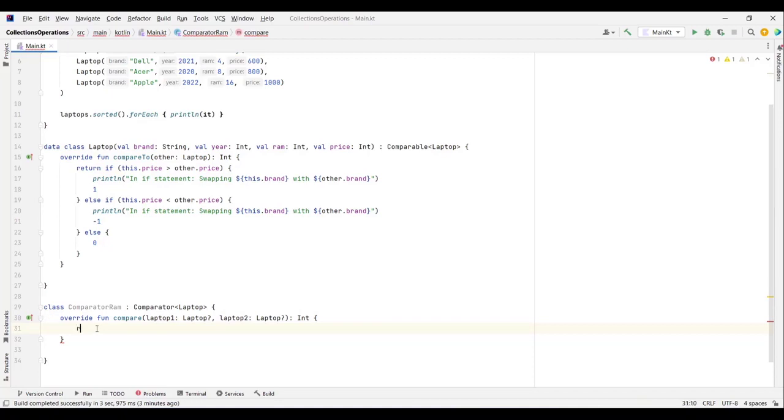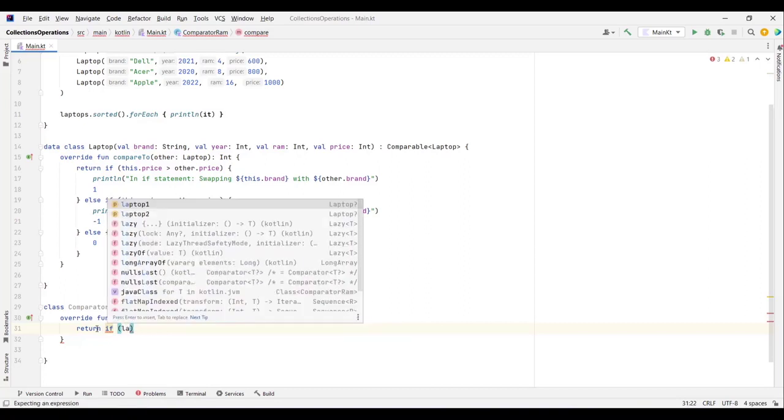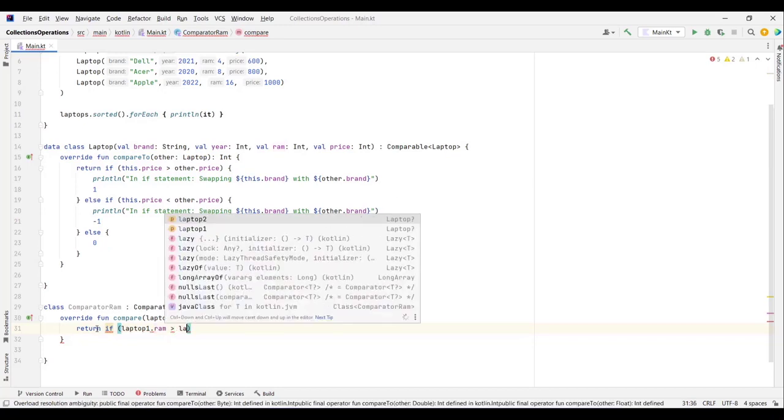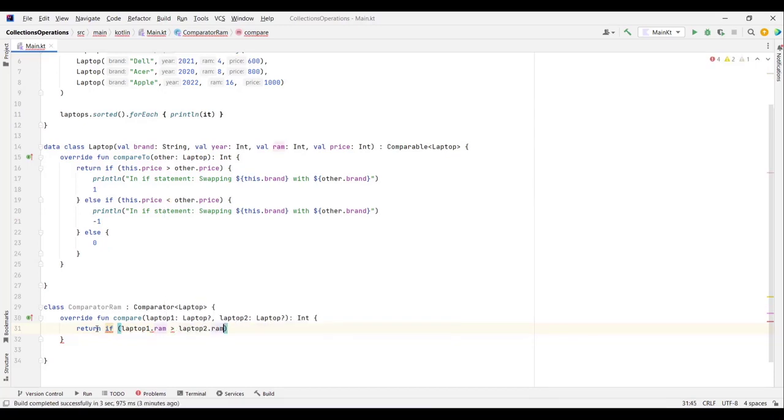So we type here return if, because we need to return an integer, if laptop 1 dot RAM is greater than laptop 2 dot RAM, and we need to delete these nullables because we need to have some errors there, and put curly braces, return 1, else if